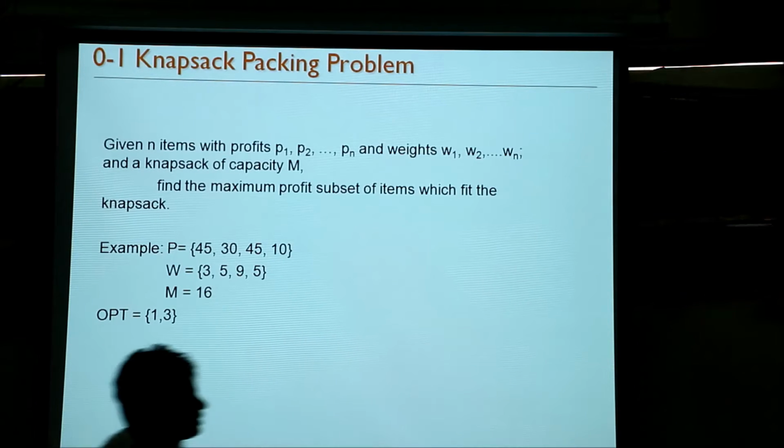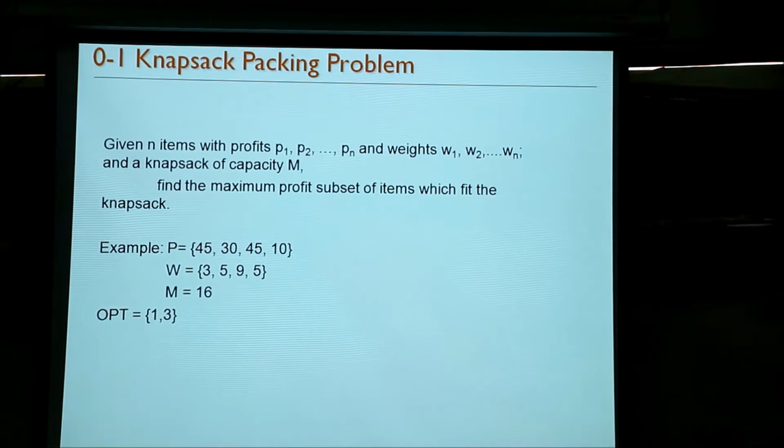Okay, we will use the same example. The profit values are 45, 30, 45 and 10, and the weight values are 3, 5, 9, 5, and M is 16.